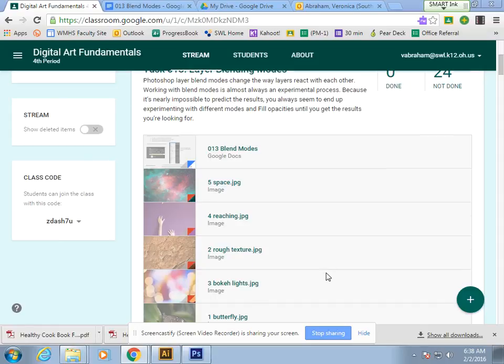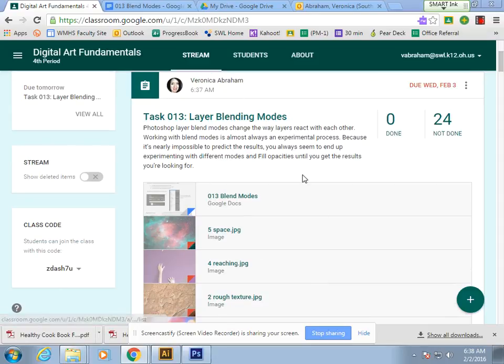On task 13, I'm going to show you guys how to use blending modes. And as the description says, it basically changes the way layers react with each other. So working with blending modes is experimental because you never really know what you're going to get, because each image is different and they have different values and colors and they kind of react with each other